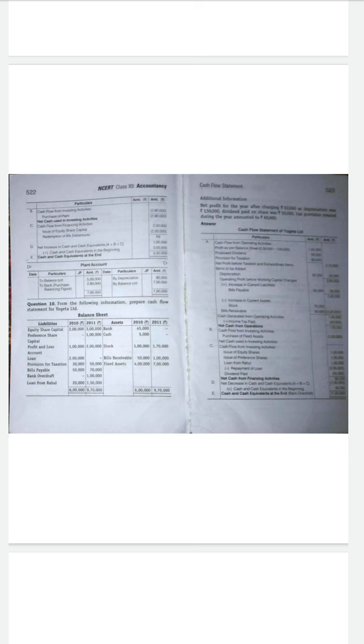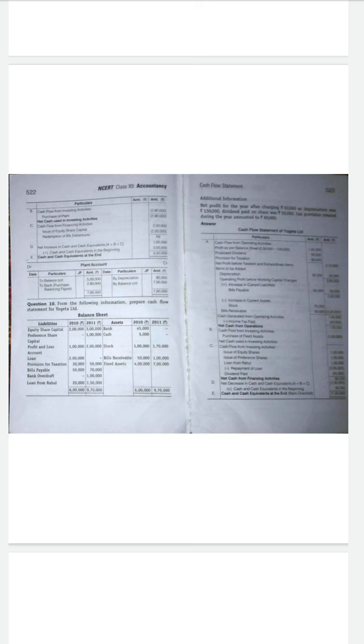In the investing activity there is only one calculation, and what is the meaning for that? If the amount is coming in positive, it is called net cash generated. Generated means coming inside from the operating activity. But in investing activity, the amount is going outside, so we should not mention the word generated. How do we have to use the word? Net cash used in. Used.